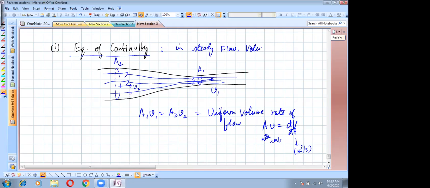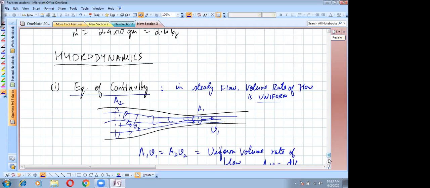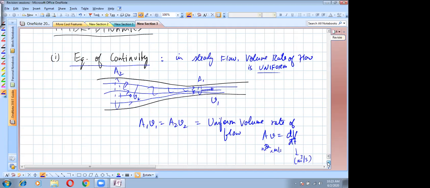the volume rate of flow is uniform at all places. If you consider any cross section like this, the amount of volume going out must be equal to the amount of volume of liquid coming in per unit time. So that is the equation of continuity. Okay. And the second equation is